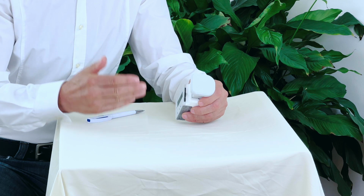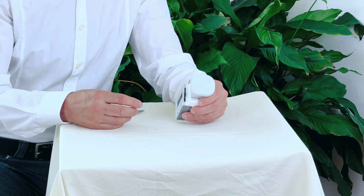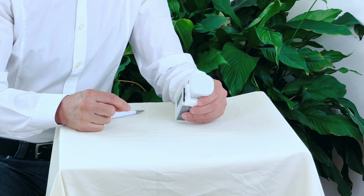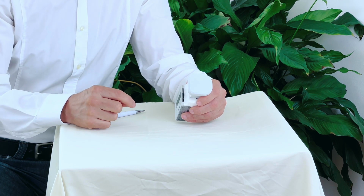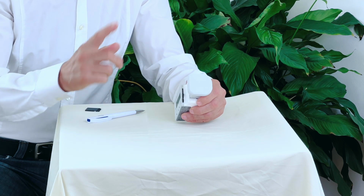And very rarely you want to get it out. That's usually only for the professional who wants to see how the force and depth development is in milliseconds. So for the normal user, you don't need to take the SD card out, but let me show you how